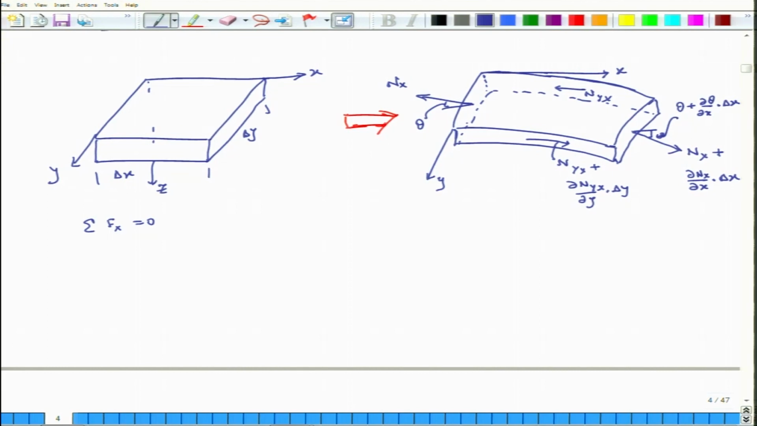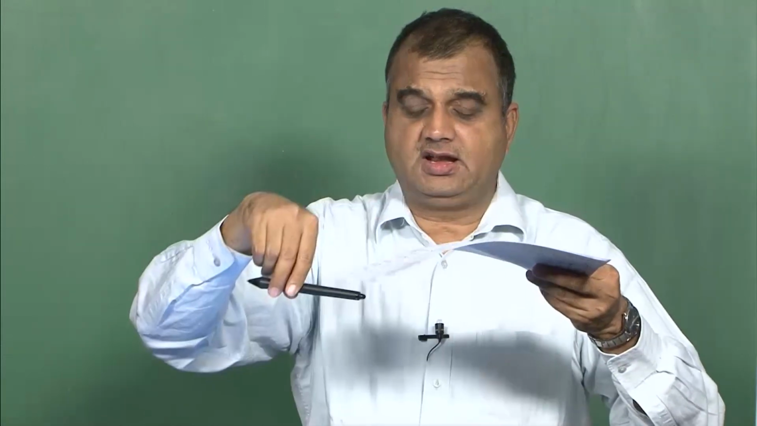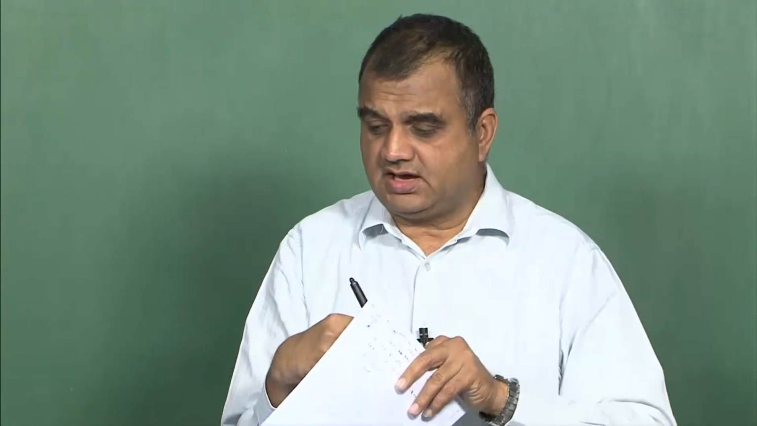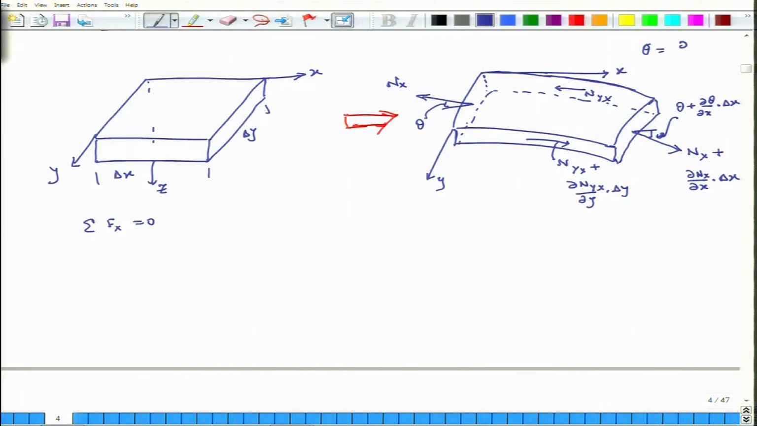So, this is my x axis, and the plate is bending like this. That angle is theta. So, I can say that theta equals del w over del x, right. So, this is theta